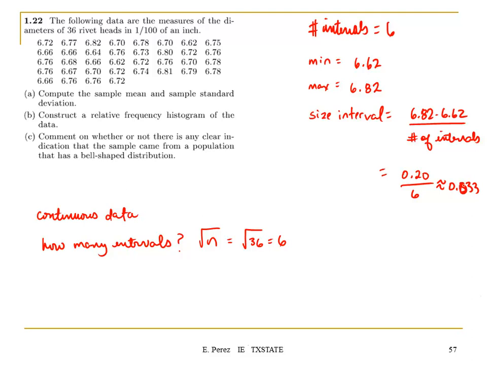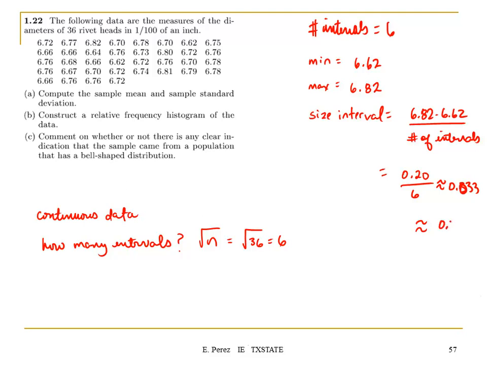Sorry, 0.0333. So in this case, we need to round up always. Again, we are looking at the same size for each interval. So you can go up so we can have enough space to accommodate all the data. If you choose 0.03 and you write the intervals, you will see that you will not be able to cover all the space that you need to accommodate all the information. So we're going to use 0.04